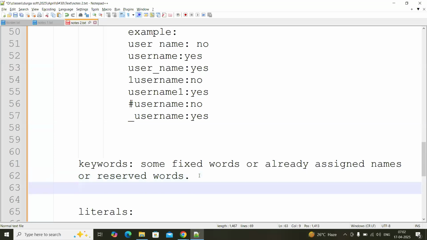Who assigned these particular names? Whenever any programming language is developed, the designer of the programming language, developer of the programming language, or you can say founder of the programming language is going to set some particular words here. Nothing but set some particular names. Why are they fixed to some particular names? Why have they reserved some particular words? The question arises here. So the simple answer is whenever you use any particular concept of the programming language,